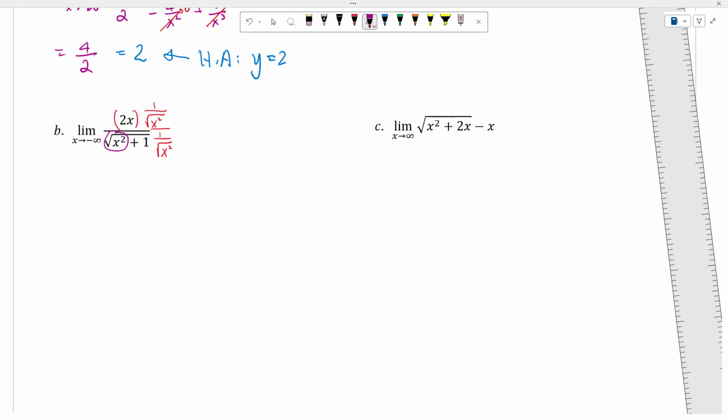Now I would like to have, again, the limit as x approaches negative infinity of 2x over the square root of x squared, and then all over, remember, if we have a square root of x multiplied by 1 over square root of y, basically it will be the square root of x over y. Same thing here. I will have the square root of x squared plus 1 over x squared.